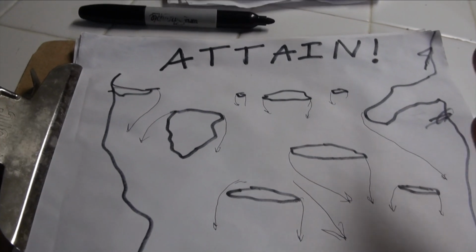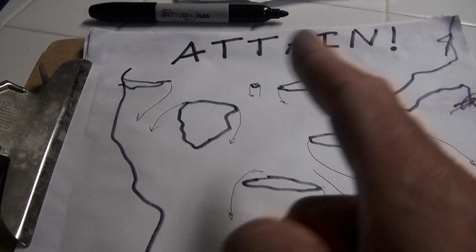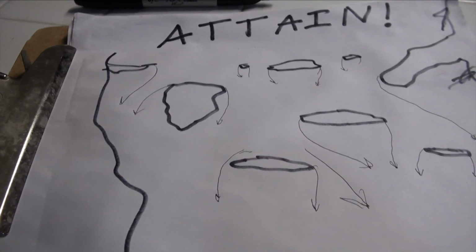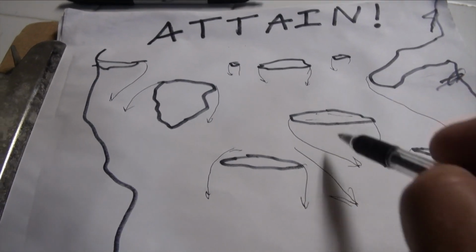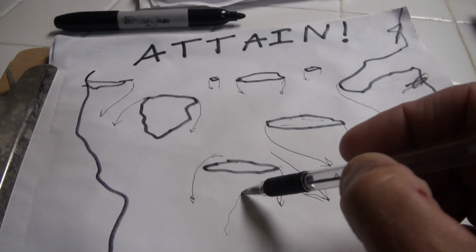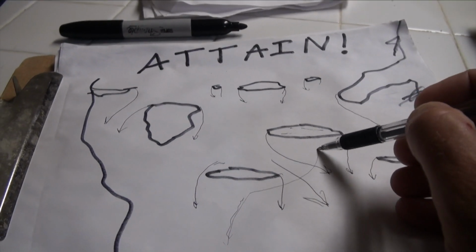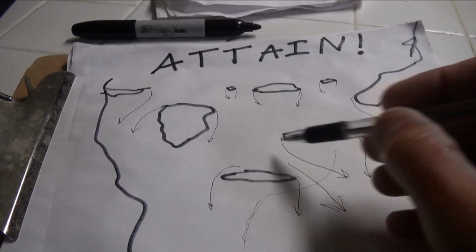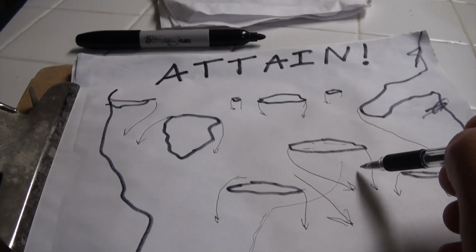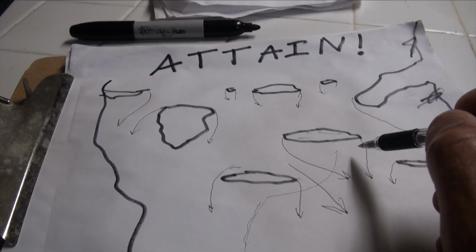Okay, so the whitewater term for moving upstream is to attain. Now, in order to attain, or to find a pathway where you make your way upstream, you're obviously going to be avoiding these big ledge rocks, and you're going to actually advance from one spot. You're going to move up in one eddy, and you're going to power up, and you're going to get to this position, and you're going to say, which way, this way or this way, am I going to experience enough depth that the motor keeps running,